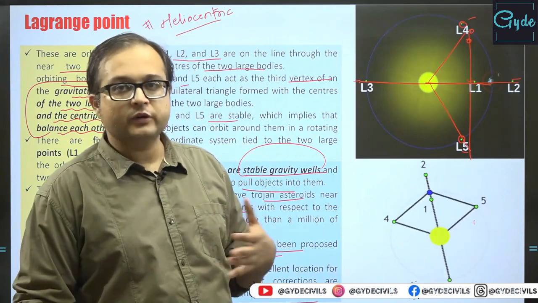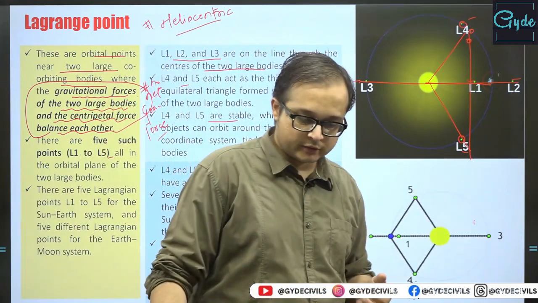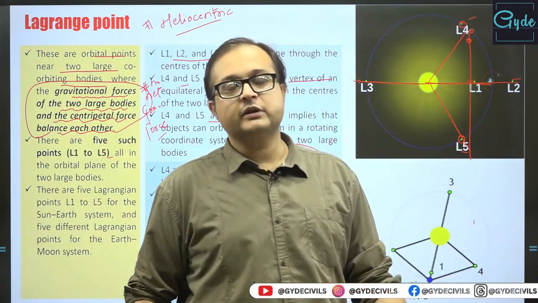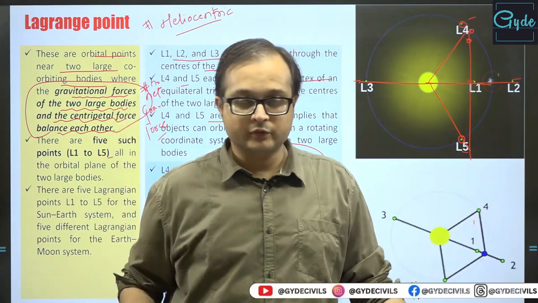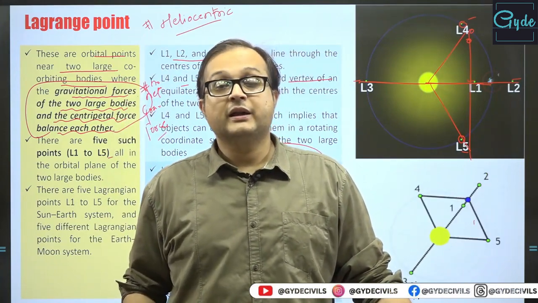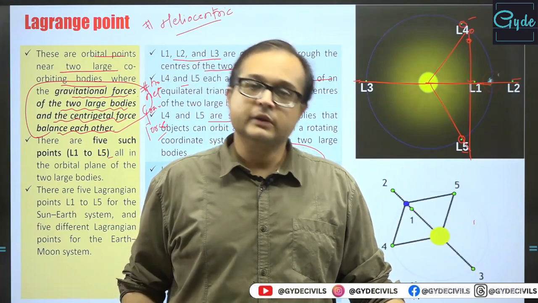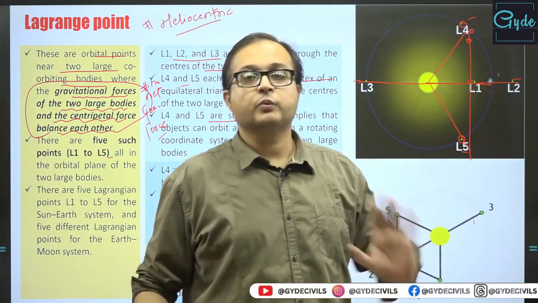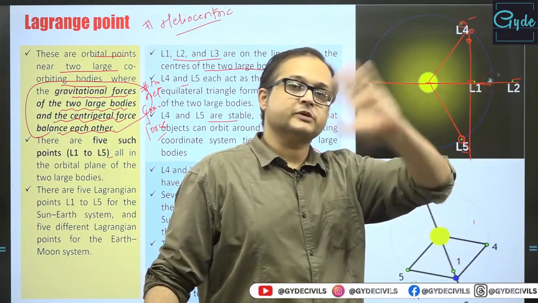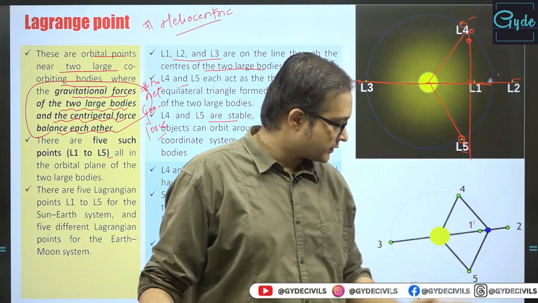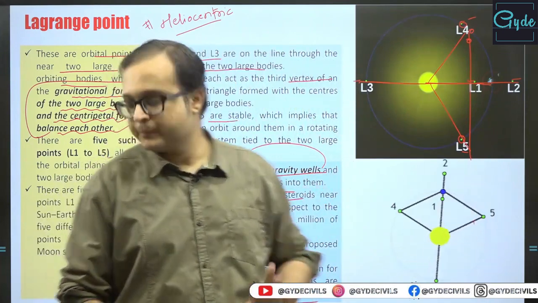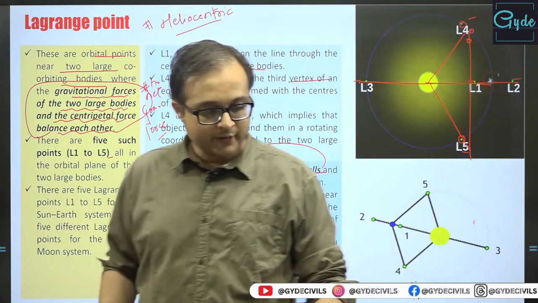In Lagrange points, we do not have such things. L1 is nearly 3 lakh kilometers above the Earth's surface, right? So it is much above, in the higher Earth orbits, that such orbits are created. Next, if we look at